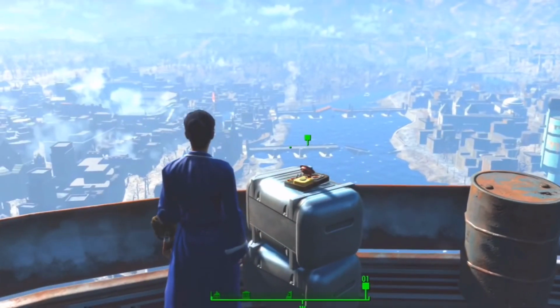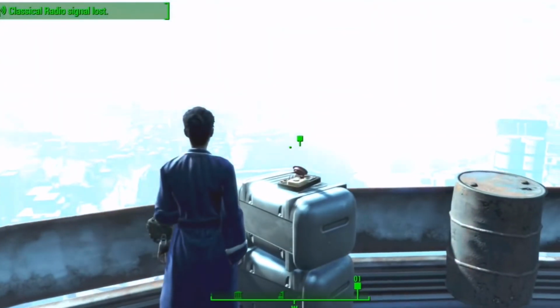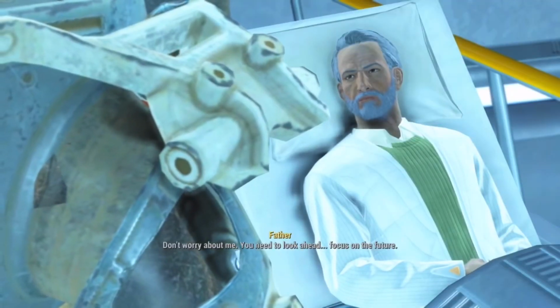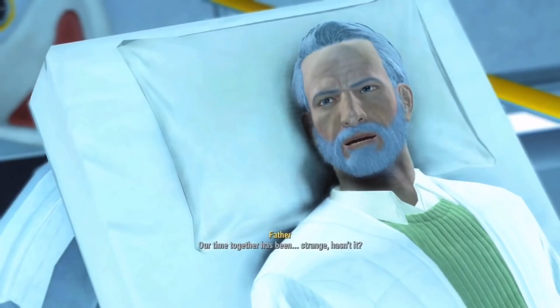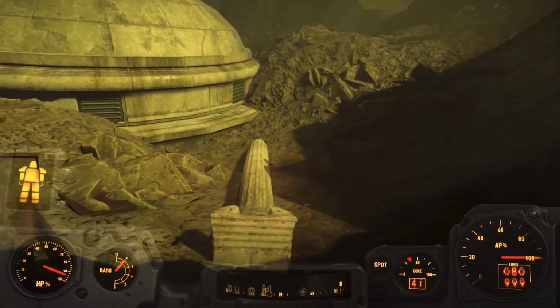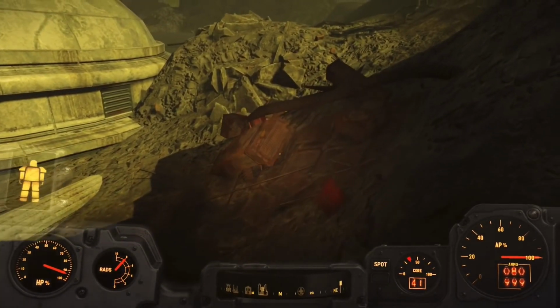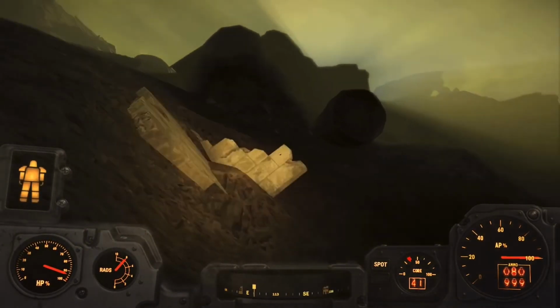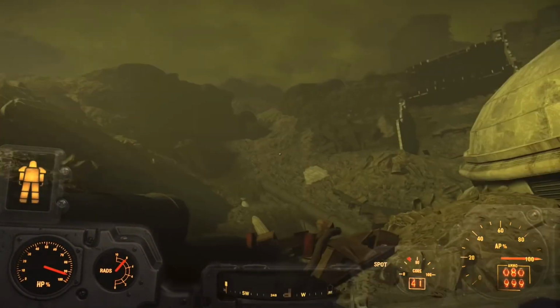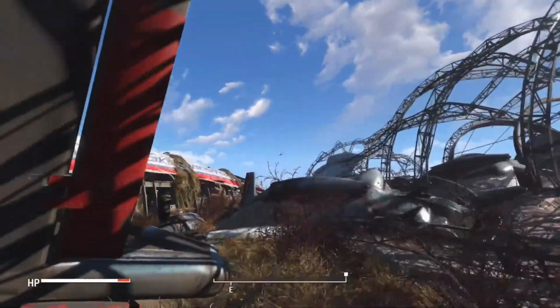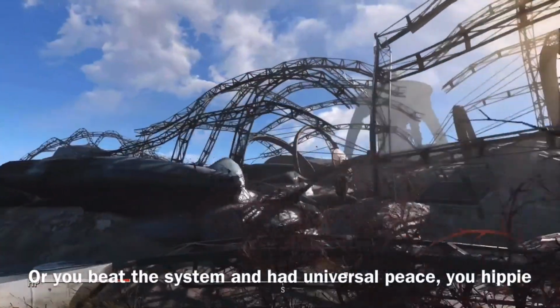Return. Depending on whatever outcome you have chosen, you return the hero of the Commonwealth, having destroyed the Institute. Or you are the head of the Institute because Sean died of cancer, and you took over in his place. And destroying the Institute could be done many ways, whether it's with the Minutemen and Brotherhood, the Railroad and Minutemen, or these groups by themselves. Or you could have sided with the Institute and had peace with the Minutemen, but obliterated the Railroad and Brotherhood